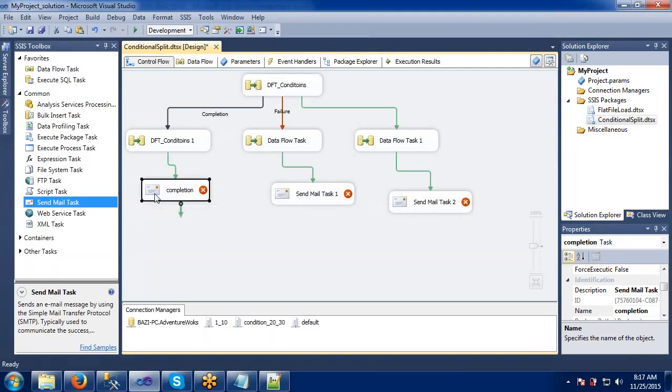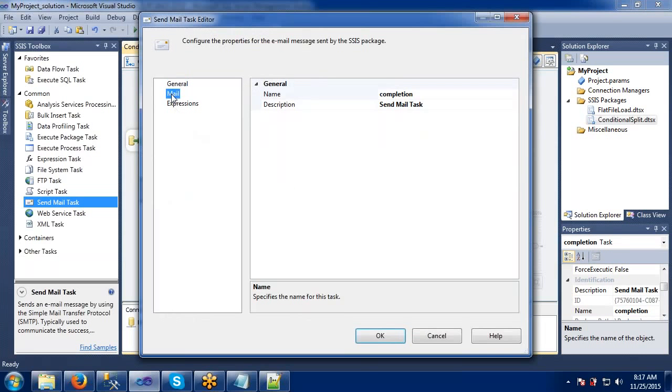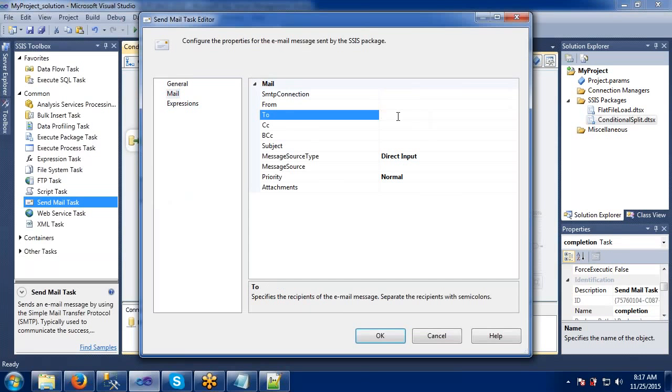The send mail task will send some mail to whomever you want to say, such as our manager, saying that boss, our package is completed.